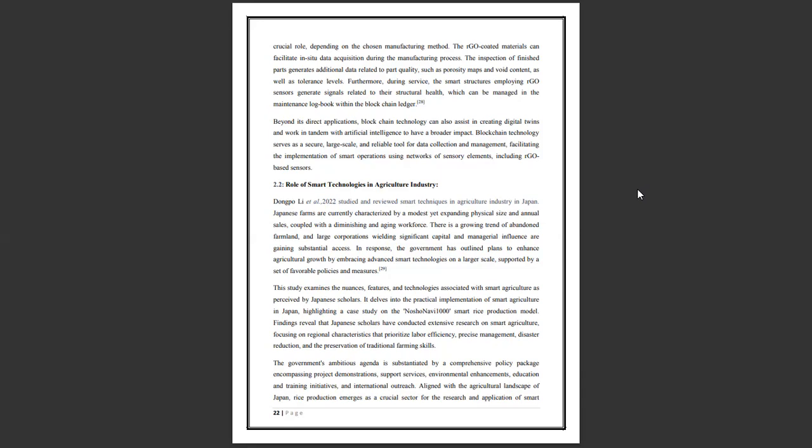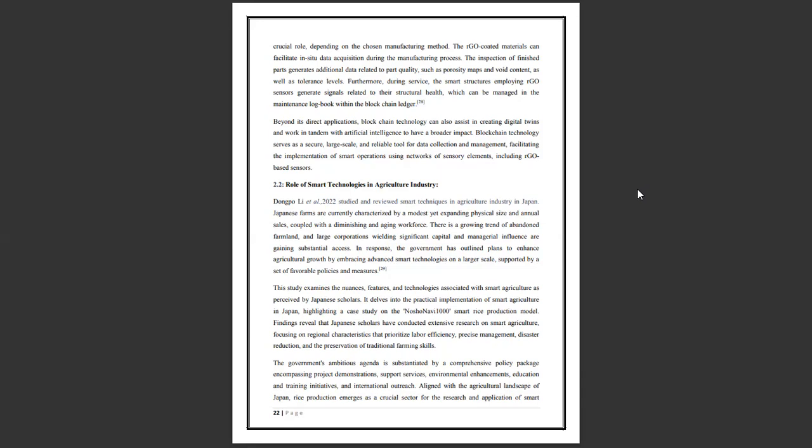Findings reveal that Japanese scholars have conducted extensive research on smart agriculture, focusing on regional characteristics by prioritizing labor efficiency, precise management, disaster reduction, and the preservation of traditional farming skills. The government's ambitious agenda is sustained by comprehensive policy packaging encompassing project demonstration, support services, environmental enhancement, education and training initiatives,